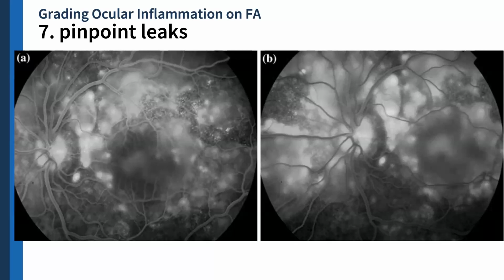Okay, so bakit nagkaka-pinpoint leaks? They say that the leakage is coming from the level of the RPE choriocapillaris. So in this picture, you can see here multiple areas of parang pinpoint leaks. So 1, 2, 3, 4, very diffuse area of pinpoint leakage. And then in the later film, there is pooling. So this is a case of